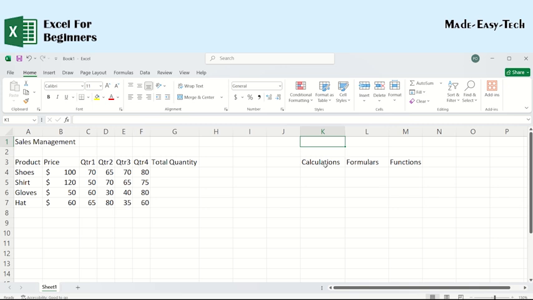So let's start with calculation. Now calculation is any math in Excel. Any math carried out in Excel is a calculation. And they always start with an equal sign. Equal to. All right. Now if you come here and say equal to, you have already started your calculation. Then equal to, let me say 70